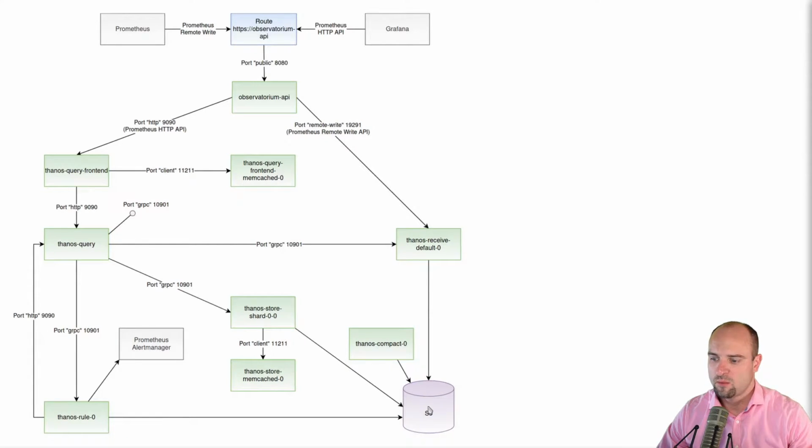Let's now discuss how metrics are ingested into Observatorium. First, you configure your Prometheus server to send the metrics to a remote write endpoint, which is the Observatorium API. Prometheus is now sending the metrics in real time to Observatorium. Observatorium will route the metrics through the Observatorium API to the Thanos receive component. Thanos receive is collecting the metrics, and every 2 hours, Thanos receive creates a block of metrics and writes it